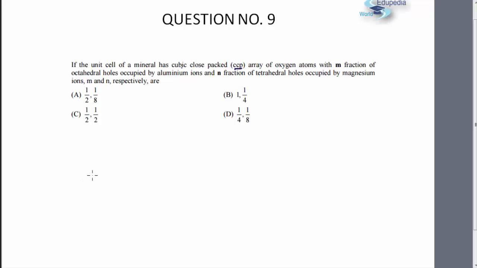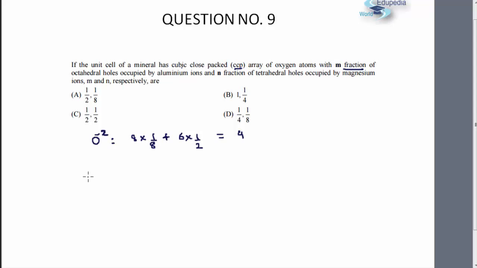Now since it is a CCP of oxygen, the total number of oxygen atoms per unit cell, that is O2- oxide, would be 8 at the corners, so 8 into 1 by 8, and 6 at the face centers, so 6 into 1 by 2. That makes it a total of 4. So there are 4 O2 minus, and now it says that the m fraction of octahedral holes is occupied by